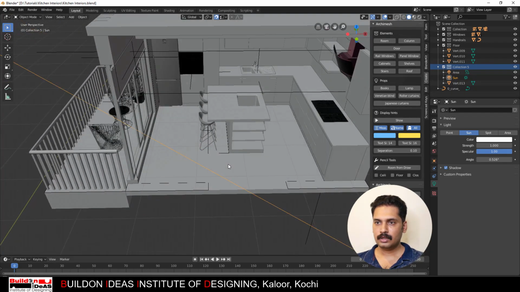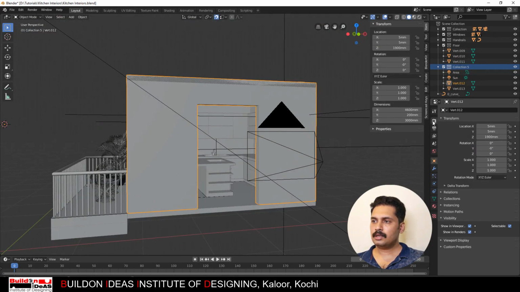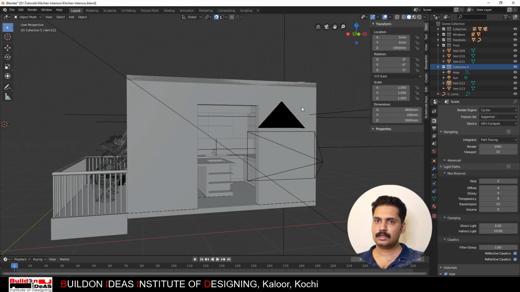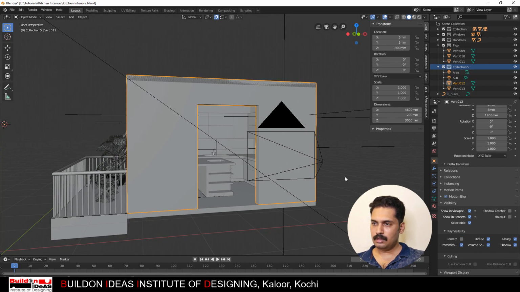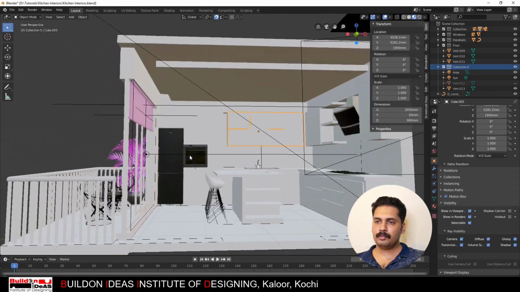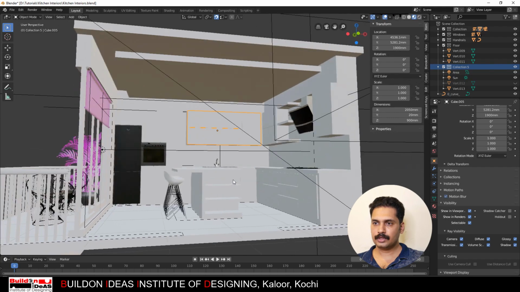In order to have a closure out here, I have to give this wall as well. In the visibility, if you just shift from Eevee to Cycles, go to the object context, and in the visibility, avoid the camera. So this will not be visible in the camera while rendering. So I'm just hiding it for the time being. Fine. Now some of the materials are missing in this, that's why it is shown as pink, and then we'll give the rest of the materials and finish off this